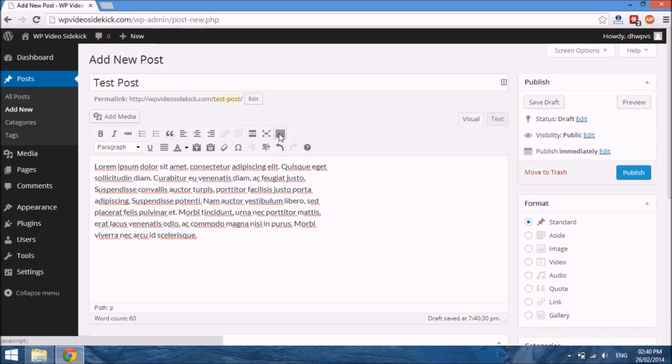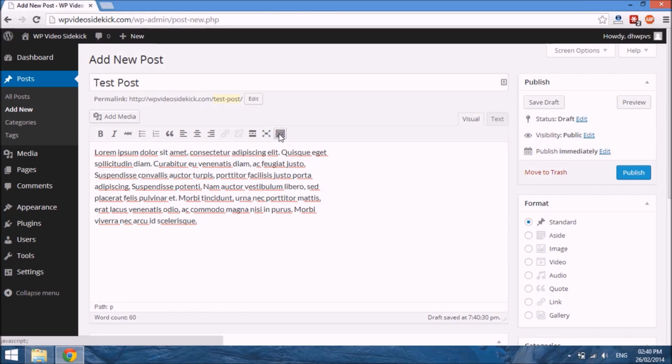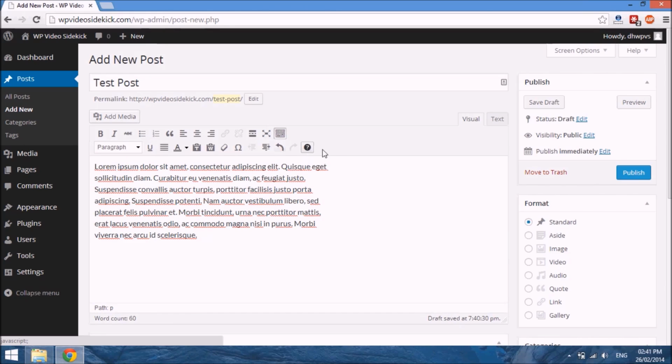Okay, and we have a button here that says show or hide the kitchen sink, and pressing this button would either remove or add that second line of options, which would give us additional styling options such as adding paragraph tags, heading tags to style our text. So very quickly, I'm just going to highlight some text and make it bold,